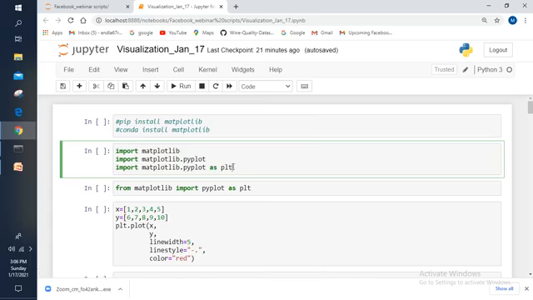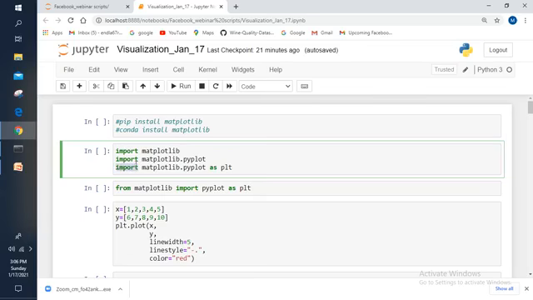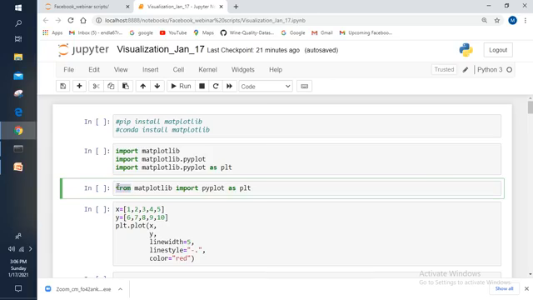This is one way to import the library into our current working directory. And if you don't want to follow this way, then follow one more way, that is from matplotlib import pyplot, and I'm taking an alias name for that. Either way you can follow, either by using the import keyword or by using from and import. You can import this pyplot module into our current working directory. And if you want to take the alias name, take it. If you don't want to take the alias name, just leave it.